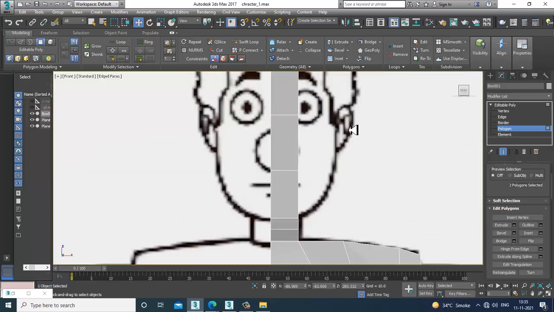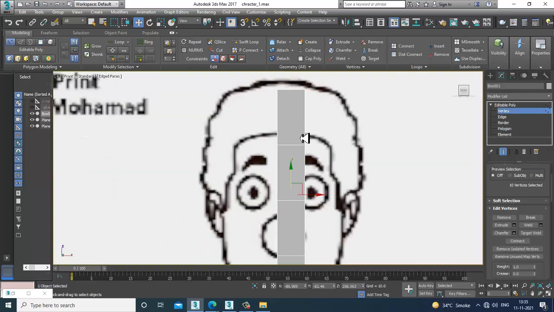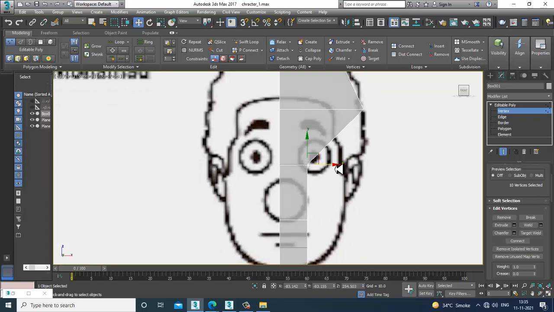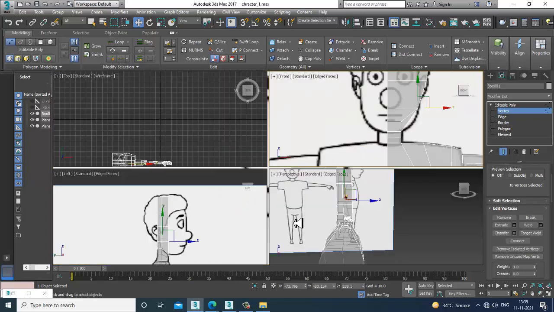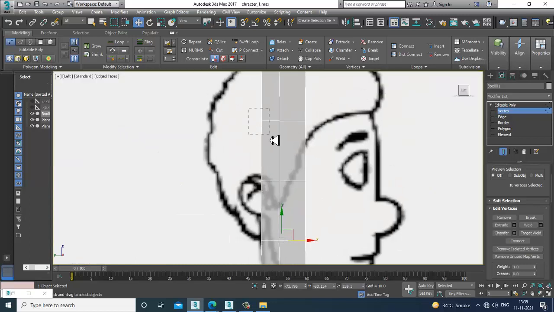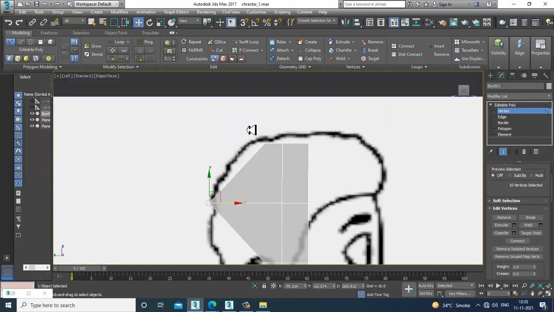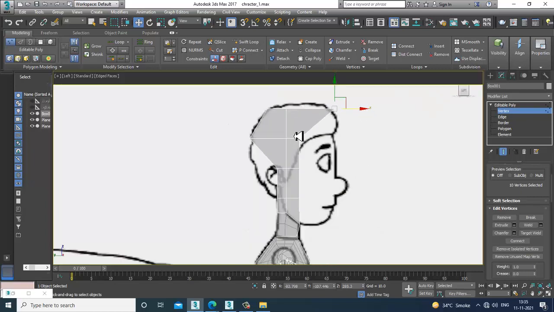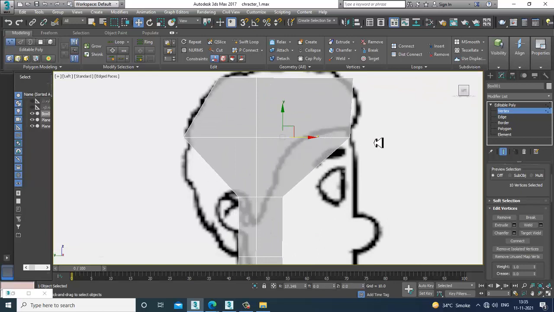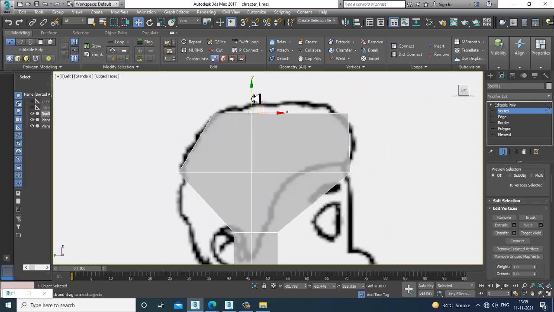So I can go into the front view and easily adjust this towards the face region. If you look at it closely, I'm just blocking the face. I'm not going with more details.